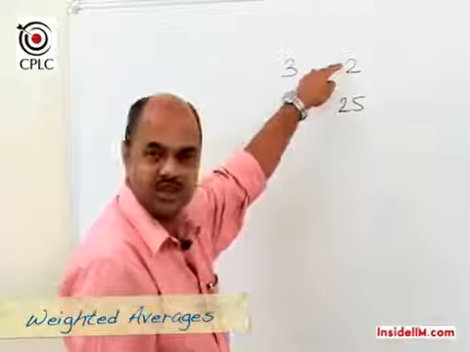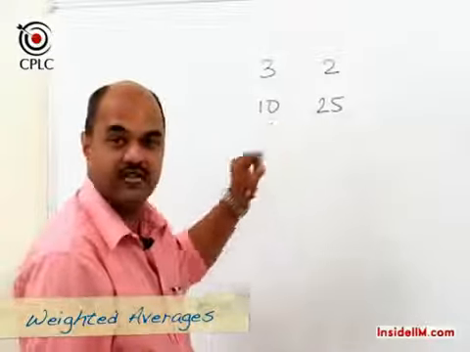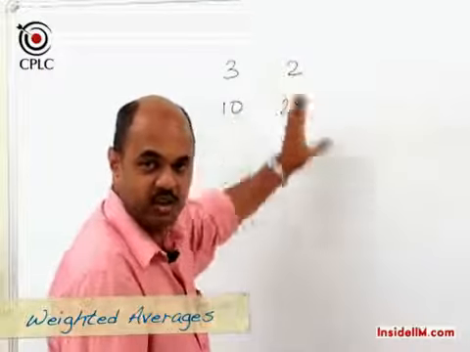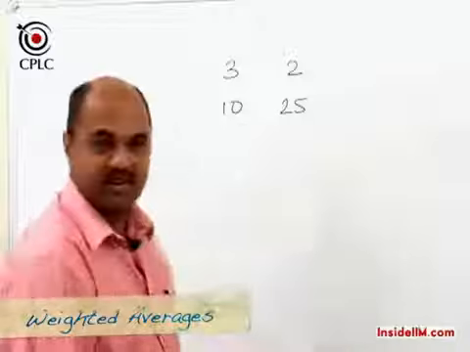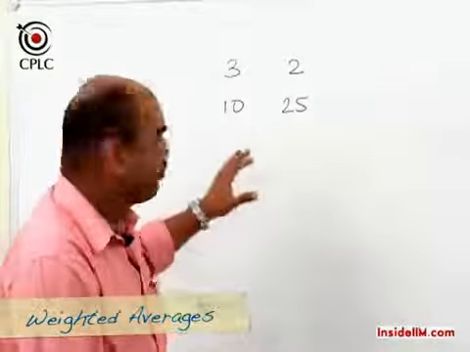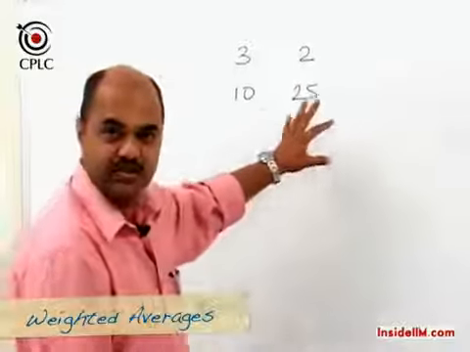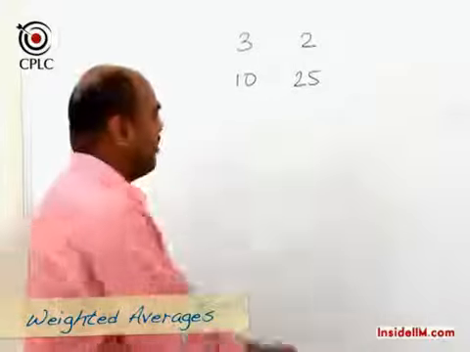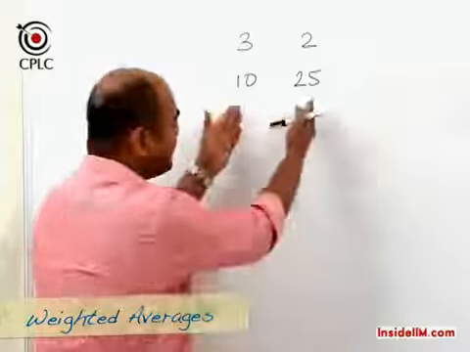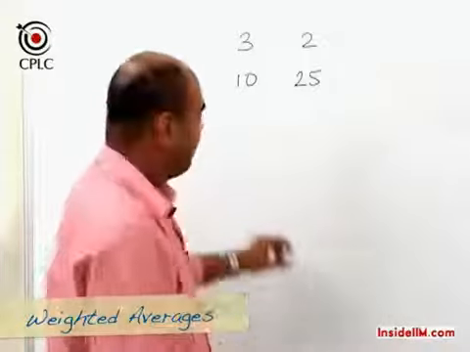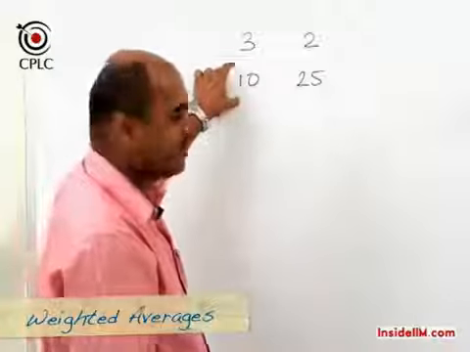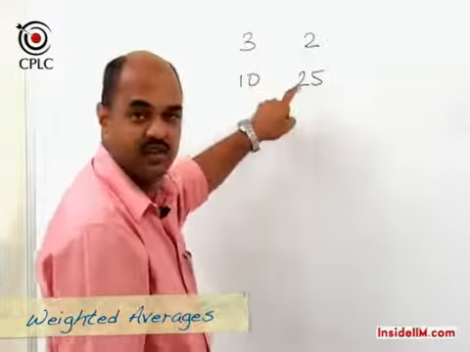And I have 2 kgs of sugar costing 25 rupees per kg. So this is the average price of this variety of sugar. Now, if I mix them together, then what is the average price of the mixture? The moment I want to find the average price of the mixture, it is in a way finding the average of these two averages, but I can't simply add the two and divide by 2 because the weight for this variety or this price is different as compared to the weight for this price.